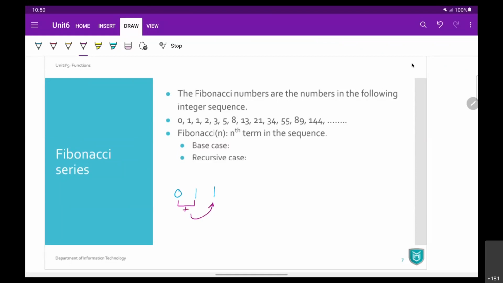आगे की दो टर्म को ऐड करके 0 + 1 आपको थर्ड टर्म मिलेगी. Now next term is 2. Why? Because उसके आगे की दो टर्म जो है 1 + 1 करके आपको 2 मिलेगा. Then the next term will be 3 because आगे की दो टर्म 1 + 2 करके आपको 3 मिलेगा, and so on. So it's something like 5, 8,